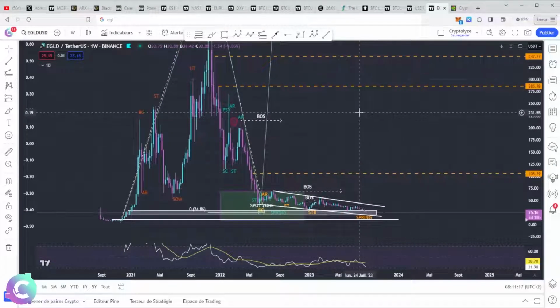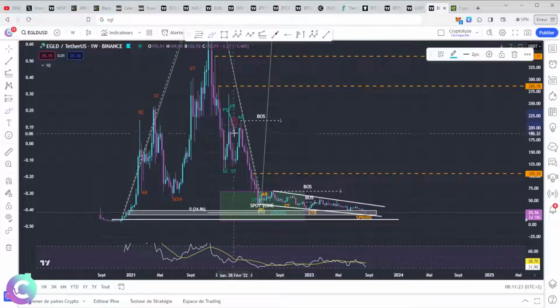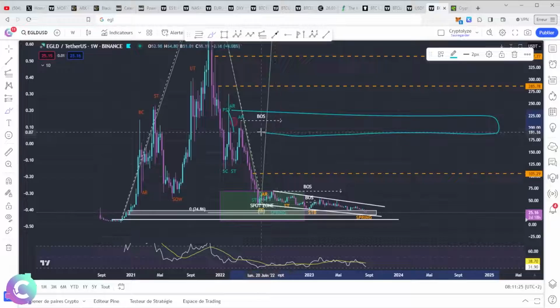Technically, what can we expect in terms of selling prices? Already, first thing, it's sure and certain, we're going to have a lot of sell-off in this area, okay? In the 150 to 200 zone, we will have a lot of sellers, a lot of people who will go all the way down. For several reasons, there are a lot of people who are stuck here and haven't surrendered, although we are seeing a capitulation here.